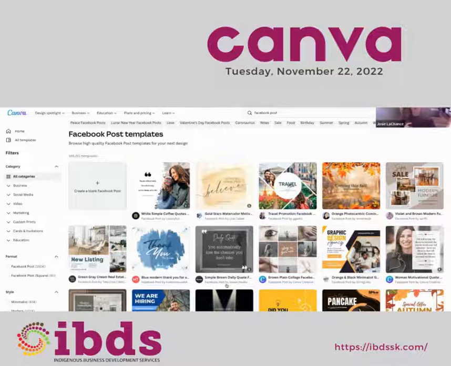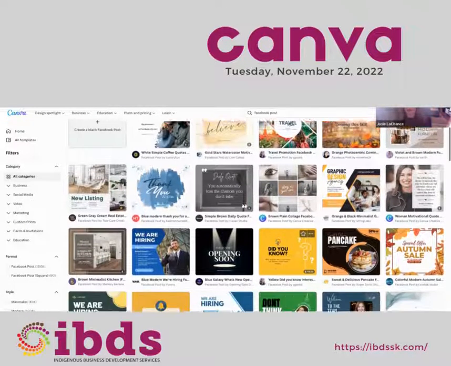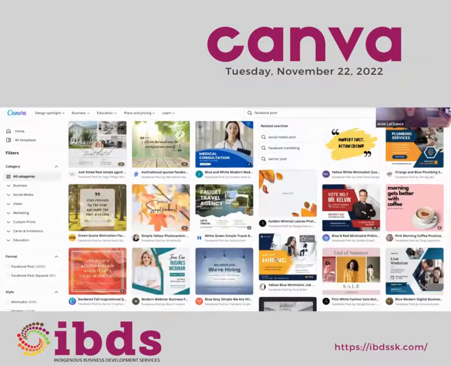And then you can find things for your story, which are basically like the long rectangles and things like that. You'll see here there's so many templates, and you can scroll and scroll. You can go on forever in here to look for something that suits what you're looking for.